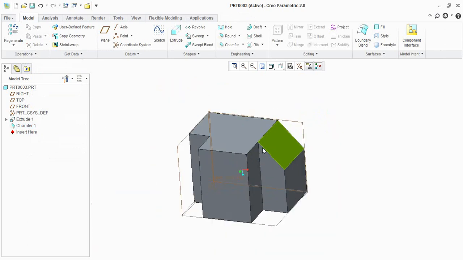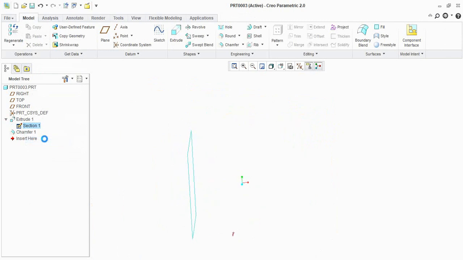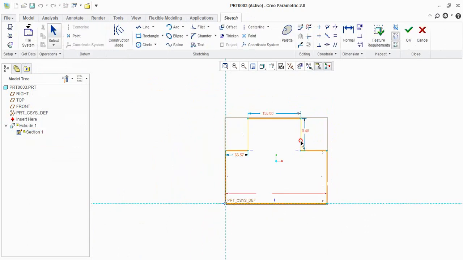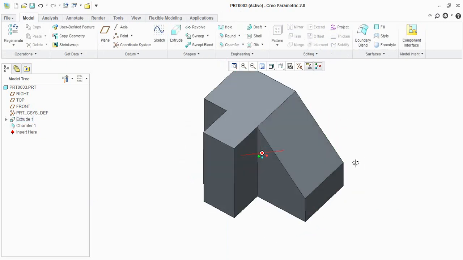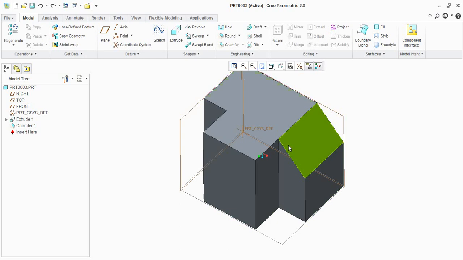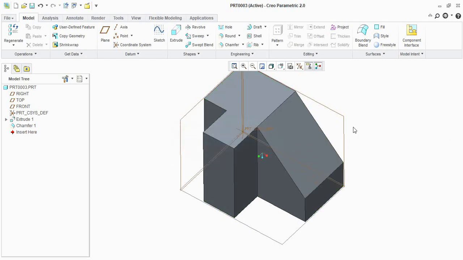You can see the difference here. For example, again, if I am editing the sketch, we will edit the sketch here and then exit sketch. You can see the difference here. Based upon your sketch, the chamfer will be edited automatically. Up to this reference point, the chamfer will change automatically when you are changing the sketches. Previously our chamfer was here. When we change this sketch, the chamfer will also change as per the corner edge.